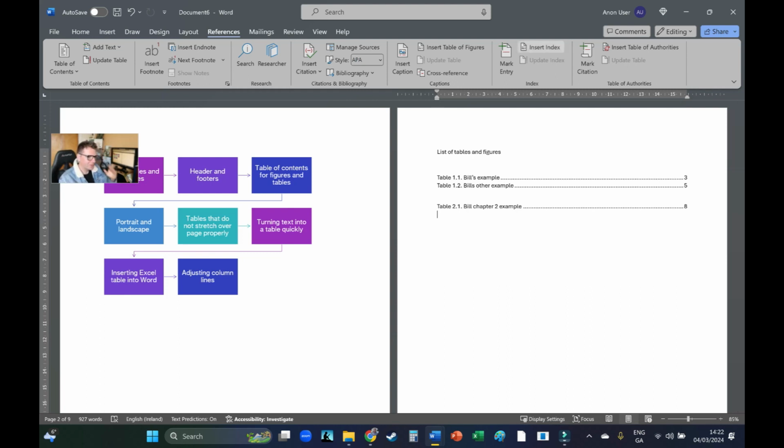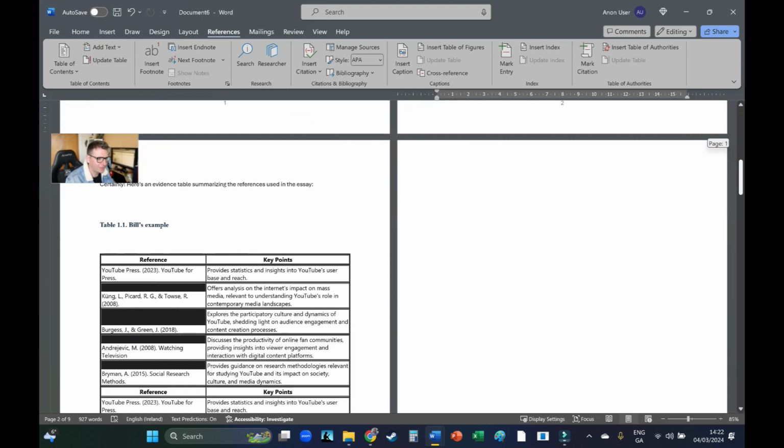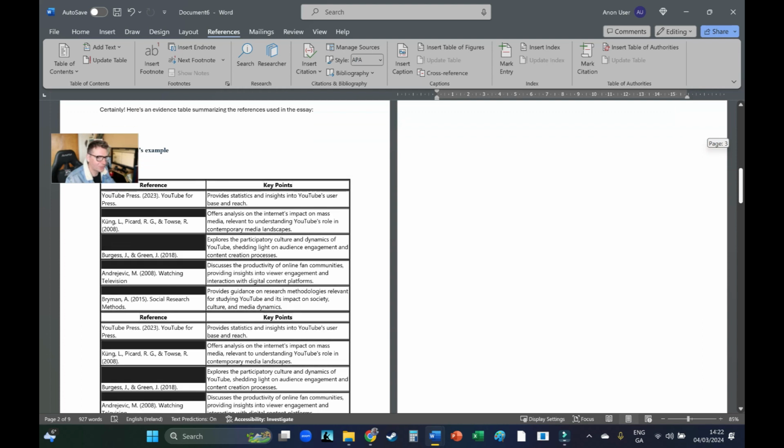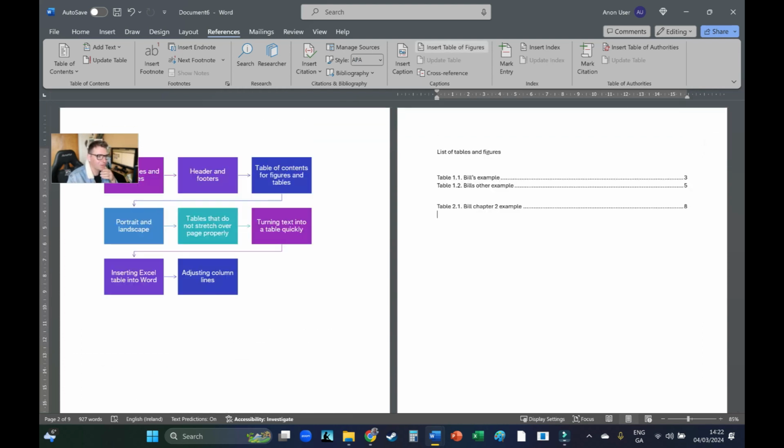It's really just you're tagging everything, captioning it, and then when you go up above to the insert table of figures, insert table of tables or table of figures. Hang on,